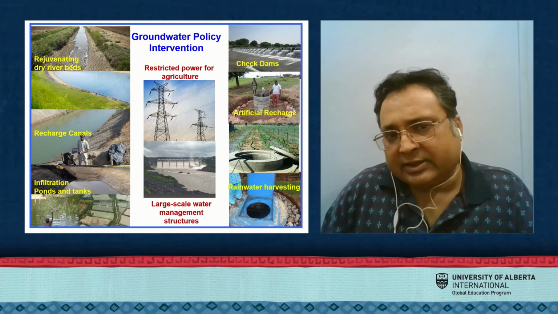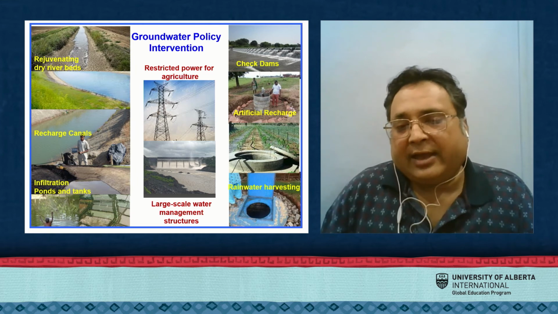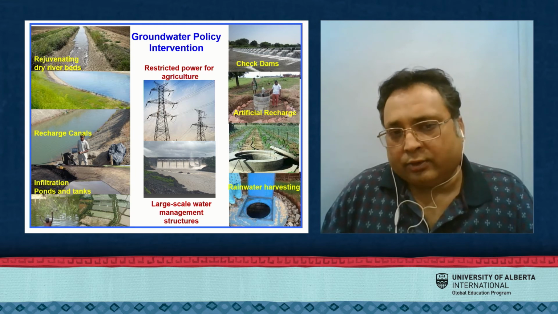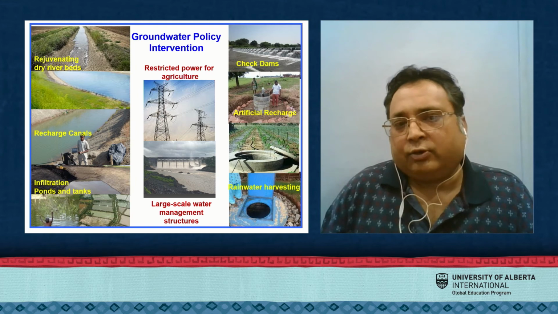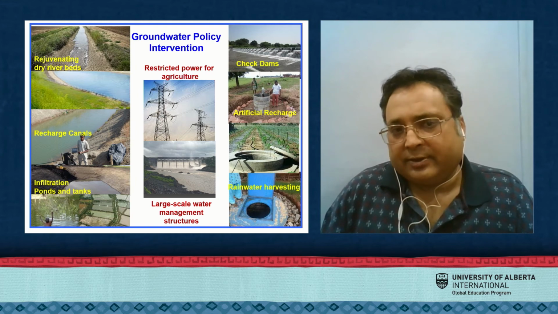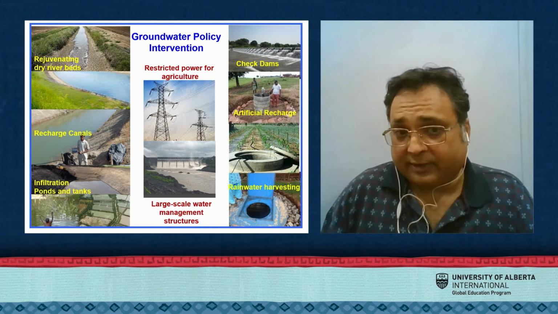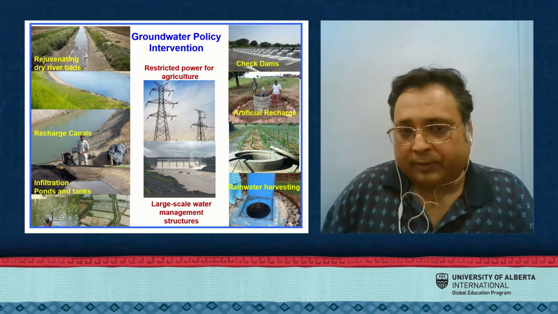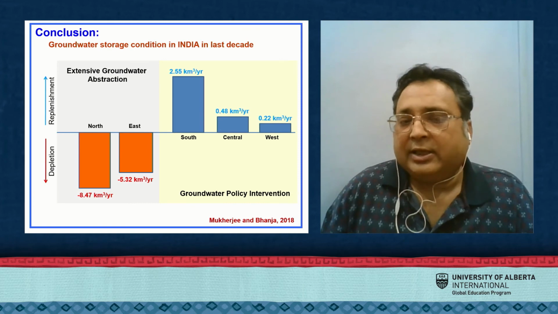But what's more interesting is that some of the states have actually restricted the usage of electricity for agricultural use. That in turn rations the electricity available for turning on the pumps, and these pumps are the ones taking the groundwater out of the subsurface. So if you are stopping the pumps, you are actually benefiting the groundwater. Over the years, we found that this has resulted in groundwater replenishment in some parts of the country.